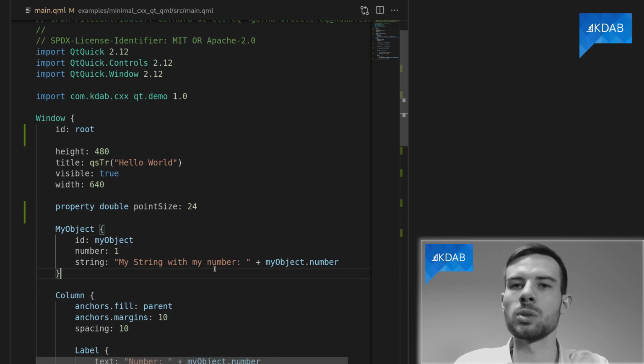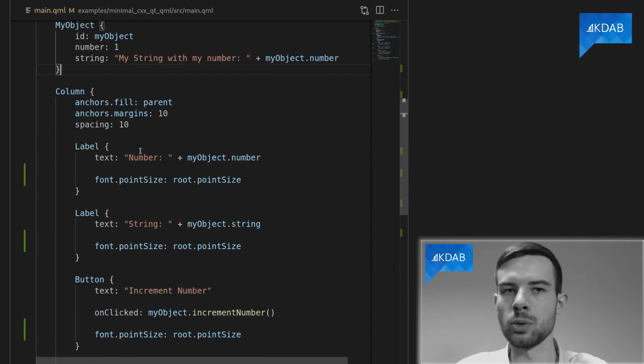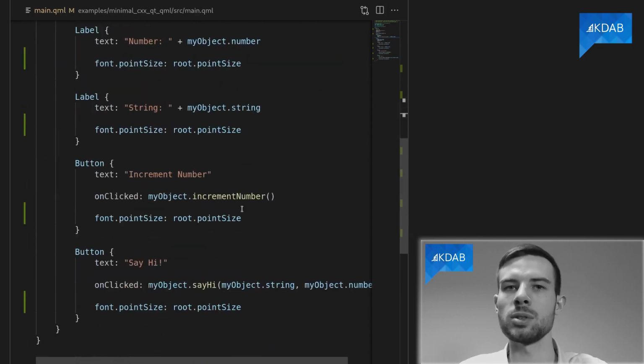This will just work. So it will always display the correct number in the string. To prove that, I've added the label for the number and the string, and two buttons that also interact with our two invocables that we defined earlier. Our invocable to increment the number and our invocable to sayHi, so to just basically do some computation from the Rust side.